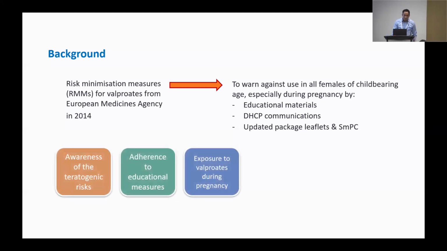But a review by the Pharmacovigilance Risk Assessment Committee, PRAC, of EMA revealed that the awareness of the teratogenic risks of valproates was low in 2018. The adherence to the educational materials was also low, and there were still pregnancies happening when exposed to valproate. So some strengthening of those measures happened, and was ratified also by the European Commission in 2018 in terms of adjusted risk minimization measures and a pregnancy prevention program to really avoid the use of valproates in women of childbearing age,